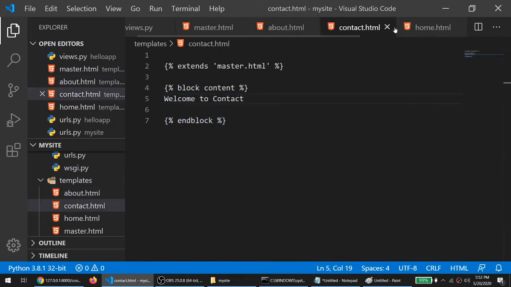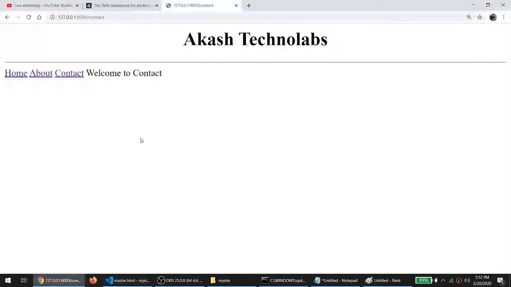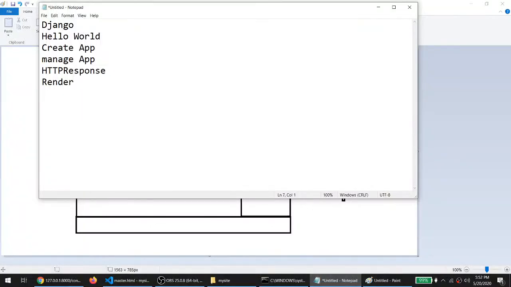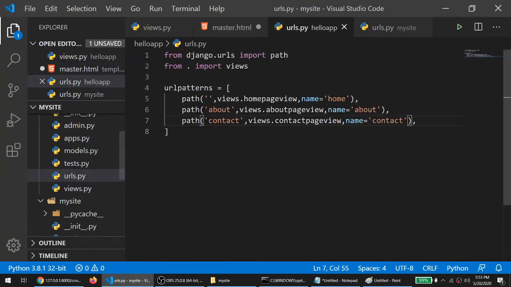And you can see in about us, in contact us, I have defined the content. Okay, so we have seen how to create a layout, right? How to define layout in the Django. So yes, we can also use the URL names. Let's say if you want to specify your URL name instead of this URL, so simply curly braces percentage and url. Inside the url, you can specify your URL name, which is already defined in your urls.py.